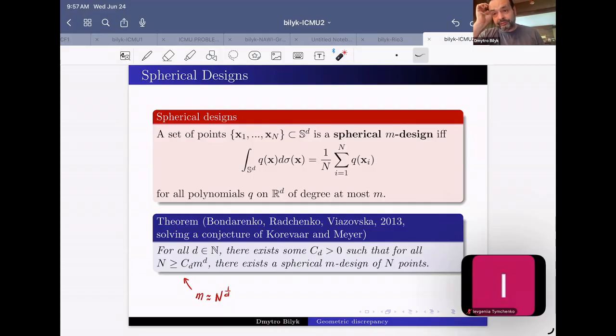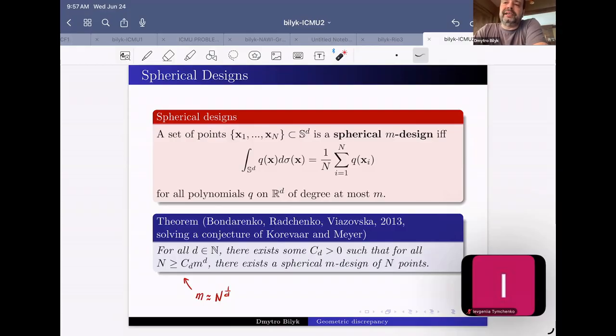They solved the conjecture of Korevaar and Meyer, which said that there exist spherical designs of this order. So the smallest spherical designs that exist are of this order. It was conjectured for a long time, and this conjecture is actually very logical because, well, if you